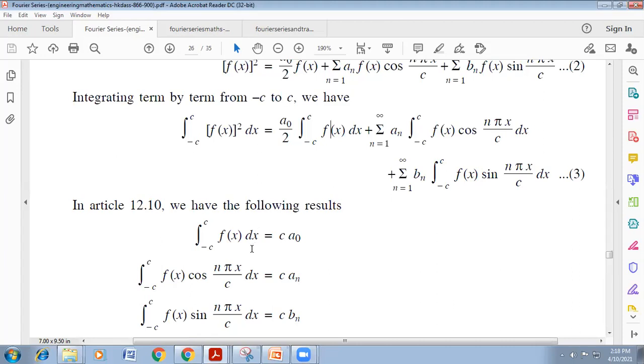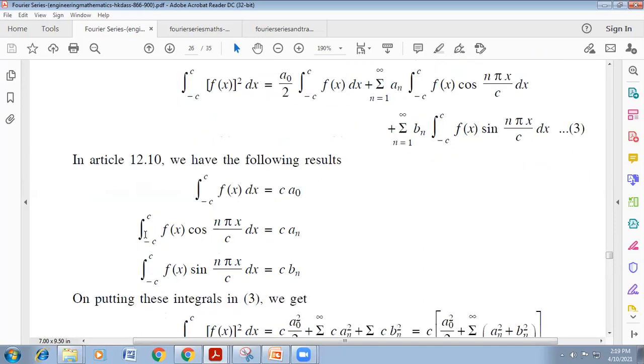Now we must know from the previous article, Euler's method for finding the Fourier coefficients: the integral from minus c to plus c of f of x dx equals c into a naught; the integral from minus c to plus c of f of x cos n pi x by c dx equals c into a_n, for the cos coefficient; and the integral from minus c to plus c of f of x sin n pi x by c dx equals c into b_n. You must